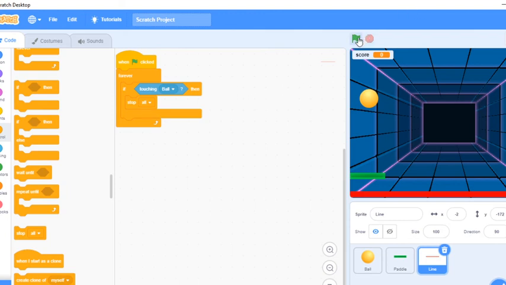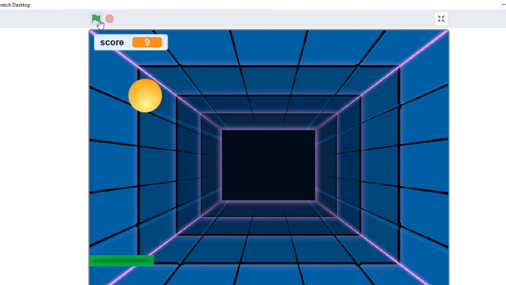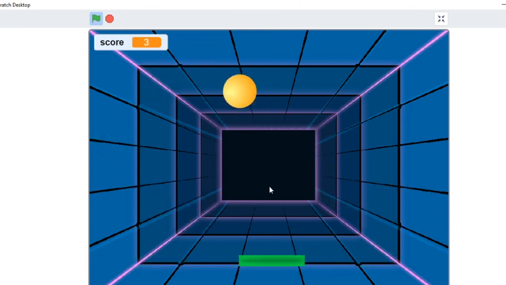So if I select this execution button, then we will see what will happen. Now we have to play this game. Now I am continuously moving the mouse, so the ball is also moving, and continuously you can see that the score is increasing one by one, 1, 2, 3, 4, 5, like that. Or if you want to see this game in a full screen video, I will pause it, and I will make it full screen, and I will start our game. So you can see that the ball is continuously moving, and the score is also automatically increasing.